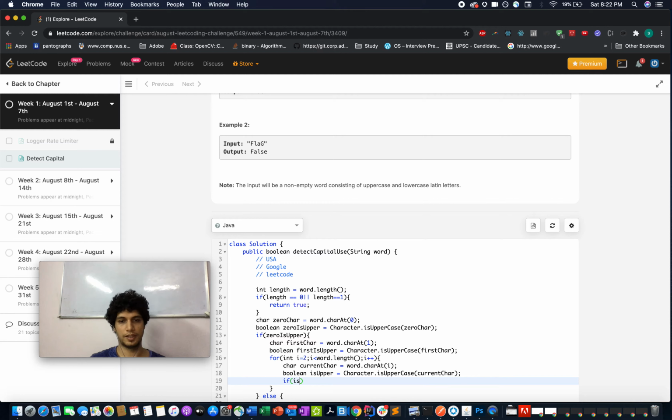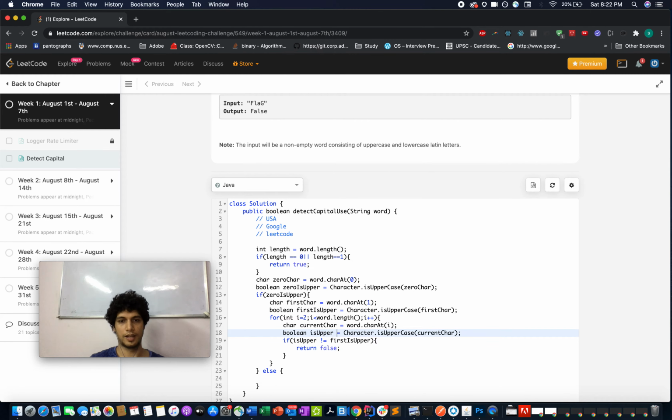If is upper is not equal to first is upper, return false. Rather, I should name this current is upper. That makes more sense. And we can do a similar process for this.